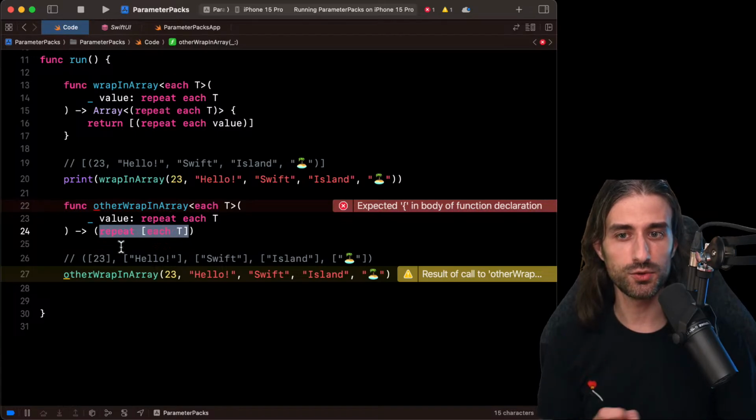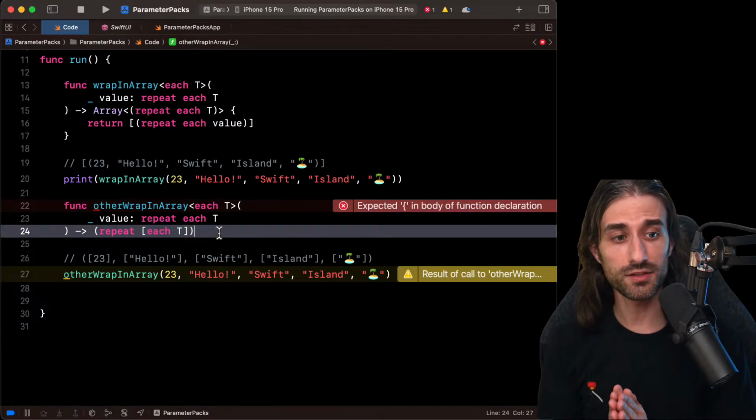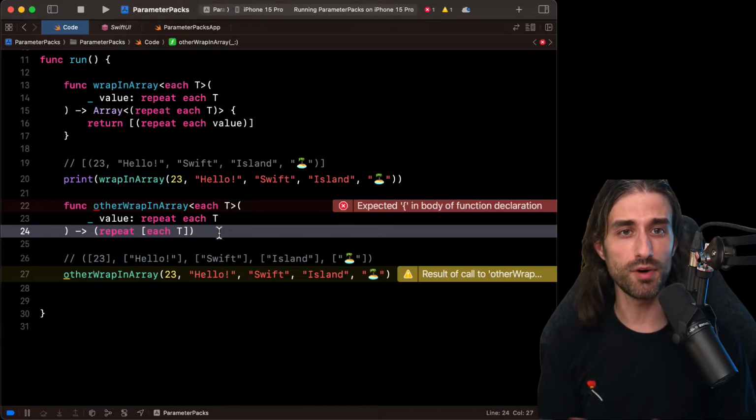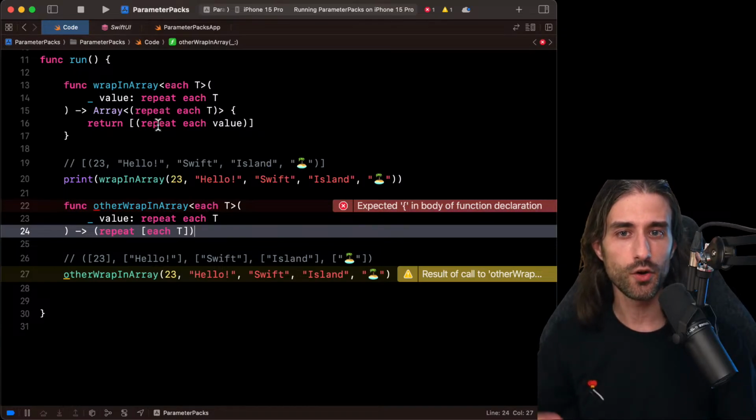And the syntax element I wanted to introduce with this new example is the fact that repeat and each don't need to always be next to each other. When you see either videos from WWDC or articles that talk about parameter packs, usually they will show you only the most simple example because, I mean, they don't have the time to deep dive into all the details, and so you will always see repeat each and then the name of the parameter pack all together. But when you want to build more complex things, you will need most of the time to have things slide in between the repeat and the each, and so that's what I wanted to show you with this example.